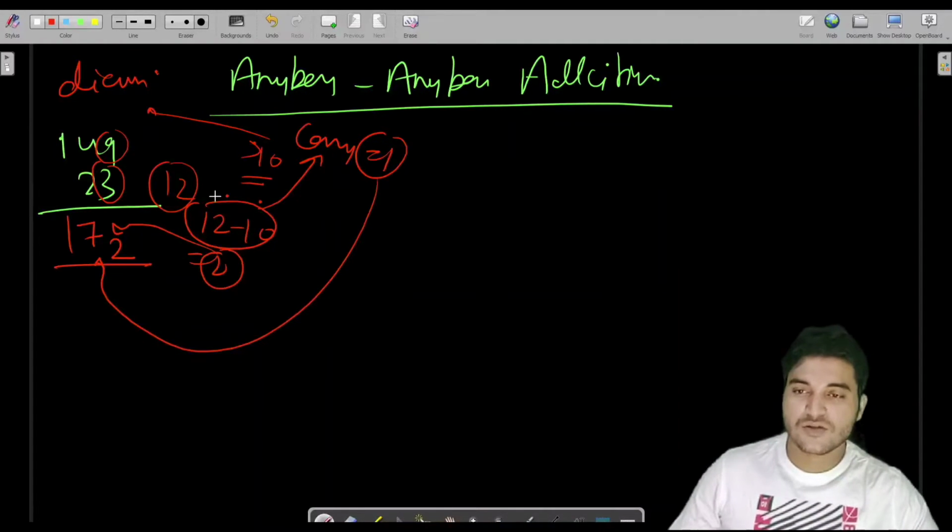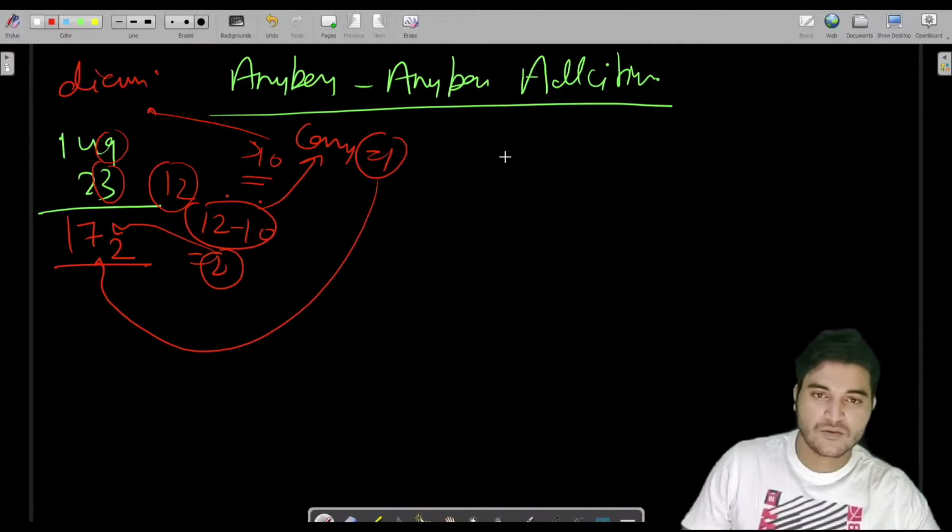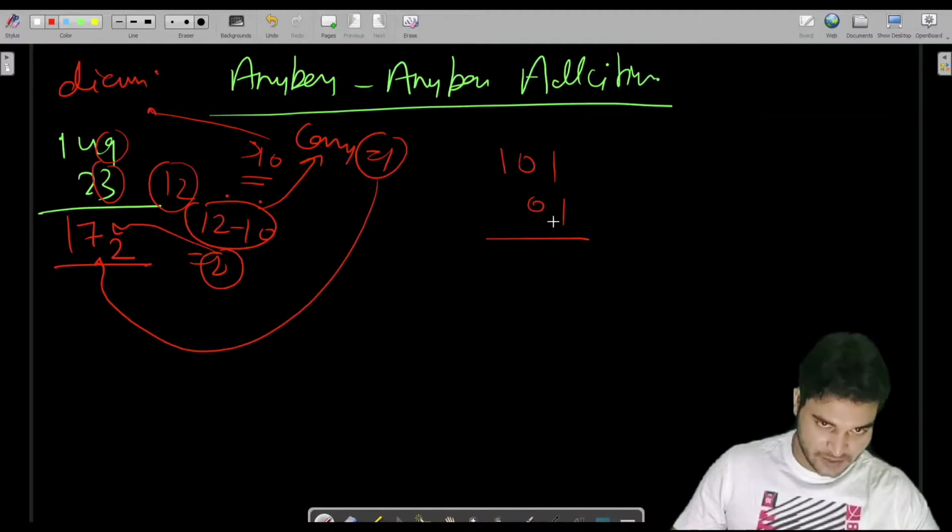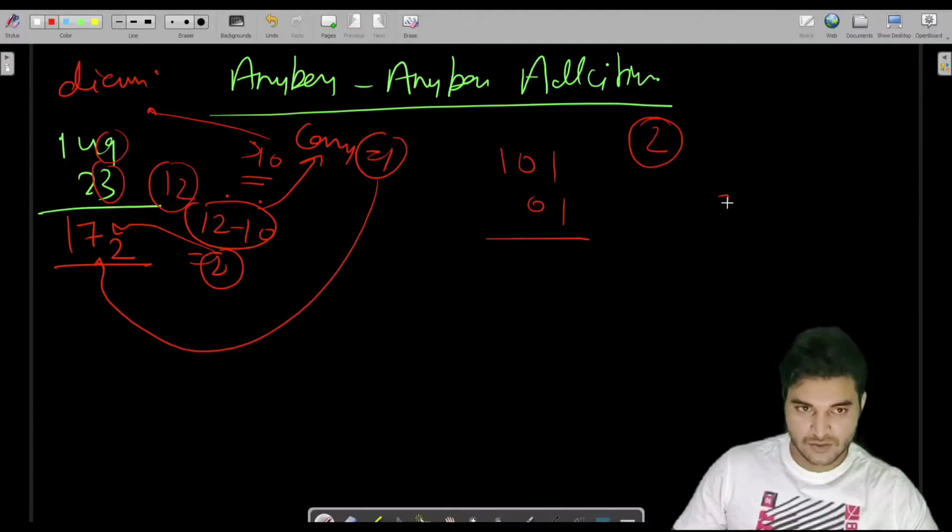So we will use the same approach. We will just update the 10 with any base. Let us say we are adding two binary numbers, 101 and 01. So 1 plus 1 is 2, and 2 is greater than or equal to 2, which is the base for binary.